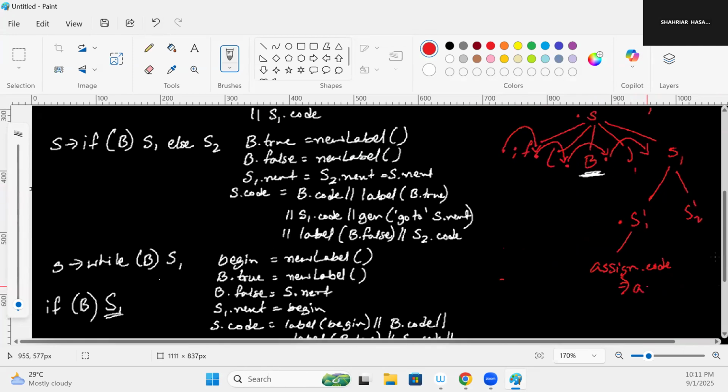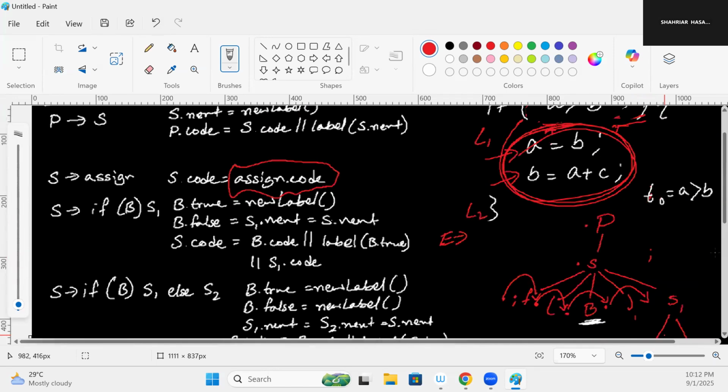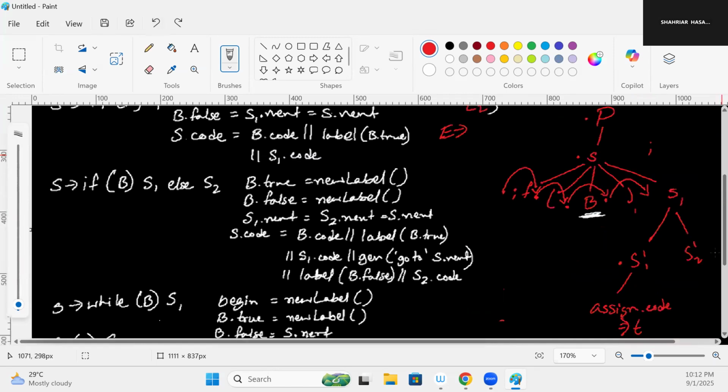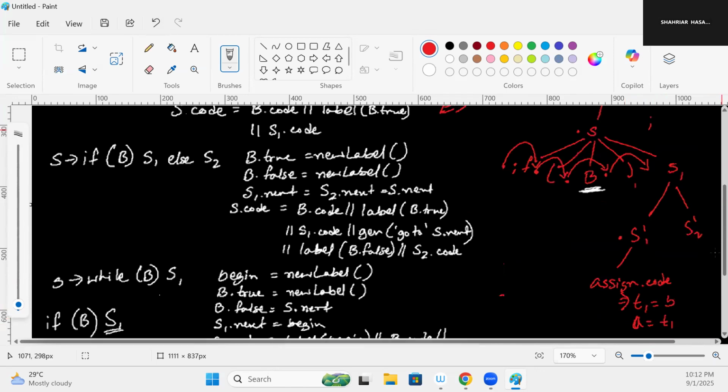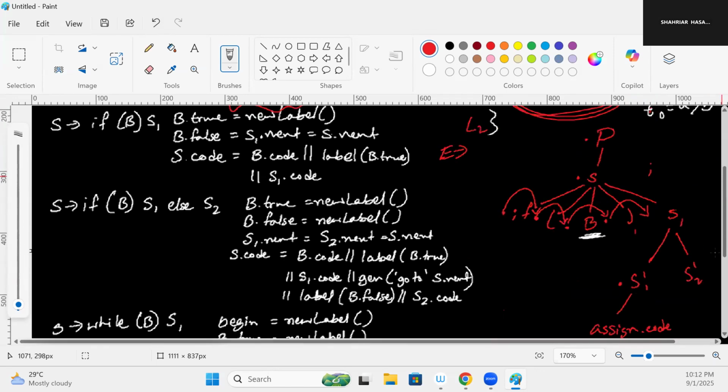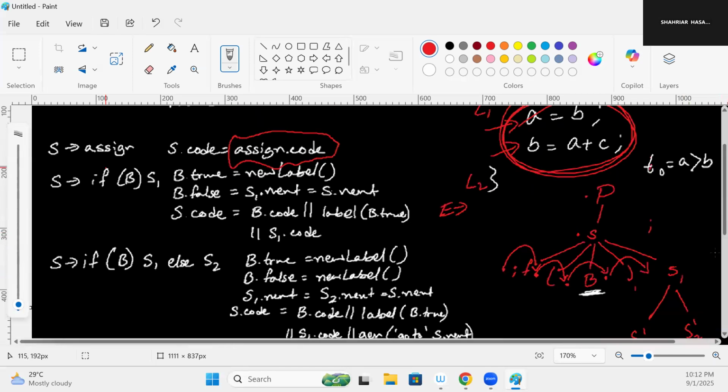So this will be A equals B, since we do not require a third temporary variable. However, we can place a temporary variable here. Let's do it that way. Since we have already used T naught here, we will now have T1. T1 will have the value of B, and that value of T1 will be placed into A. This is the first assignment. Now when we have S producing assign,